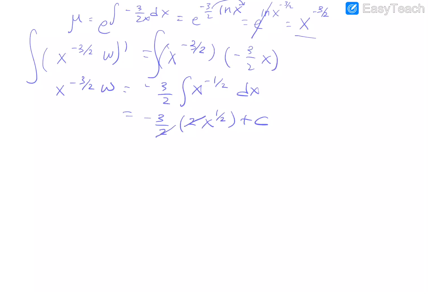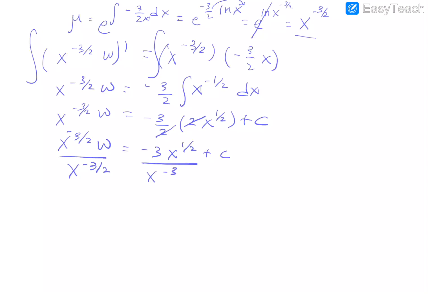These 2's will drop out. And then we'll get 1/2 plus c. Like I said, we want to isolate our w. So we'll divide by x to the negative 3/2 power. Okay, that'll cancel there. And what we'll be left with is